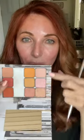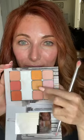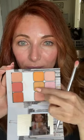All right, now I'm going to take and filter out any areas of excess color. So right here in my eyes, and when we're filtering out, especially around the eye area, we want to use the ones. Anything that looks vibrant and very saturated is more likely going to be purple. So we need yellow to cancel purple. I'm going to use the yellow oranges. I will use this one a lot. This is a yellow orange one. And areas that are muddy,